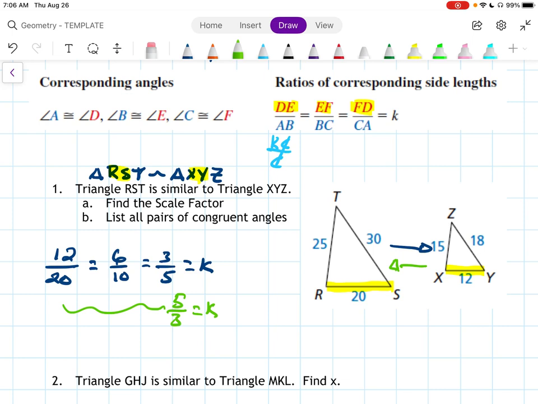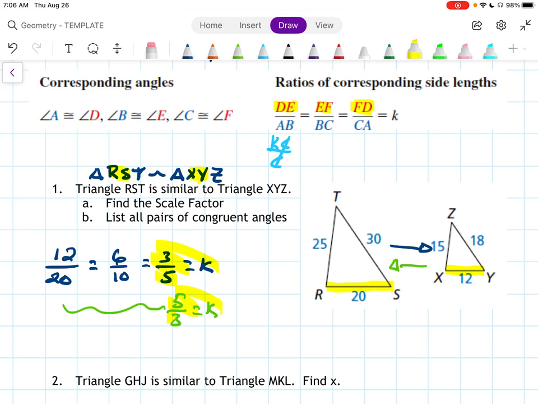Which direction are we going in? On your homework or whatnot, you might want to write down, I'm going from the big triangle to the smaller one. If you don't write that down, I will accept either of these answers just because I understand what you're doing. But it's a good thing to write that down. It's a good thing to know what's happening. Are we going from the big one to the small one or the small one to the big one? All right. So that's the